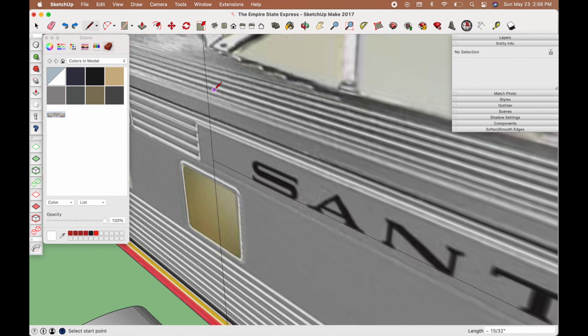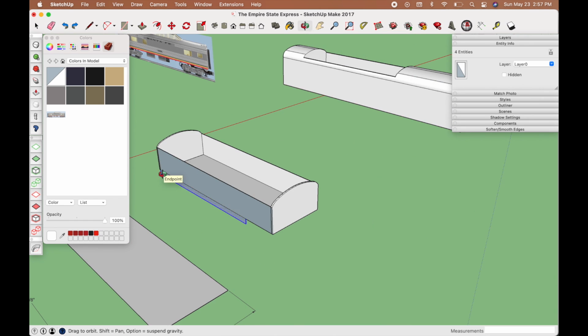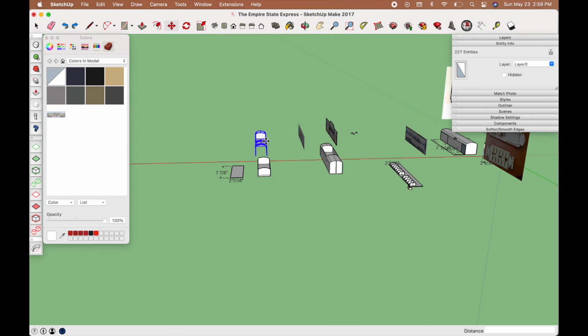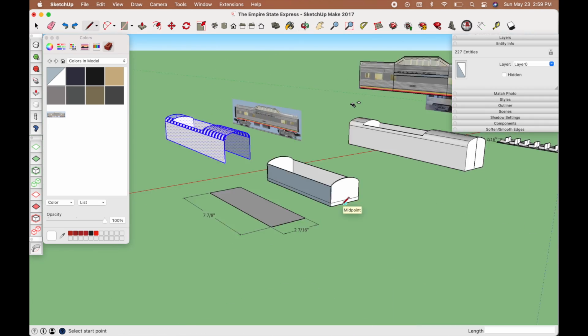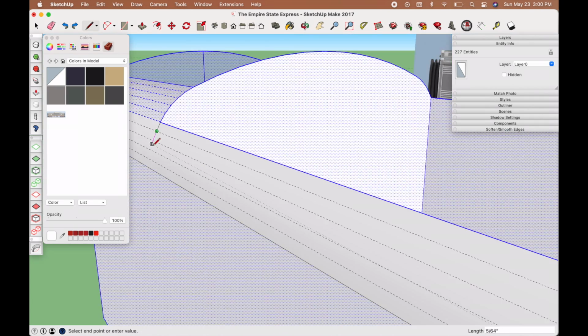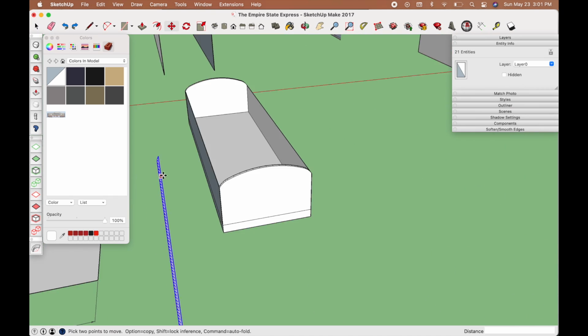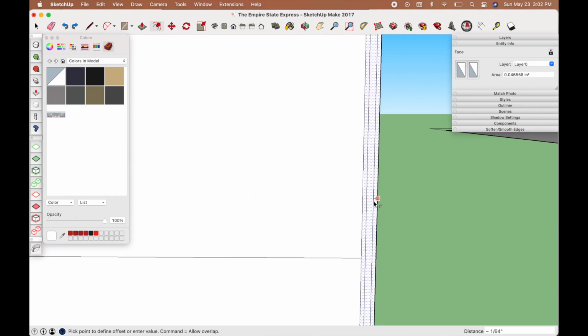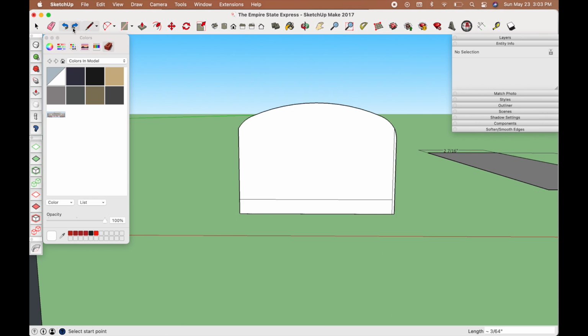I ended up changing it a little later. And then I started to make the steps like you see in the photo, but it ended up not working. So I just went with straight steps, like you see here. And that's how I initially designed the back end of the car with all the seats, but then I decided to make it one